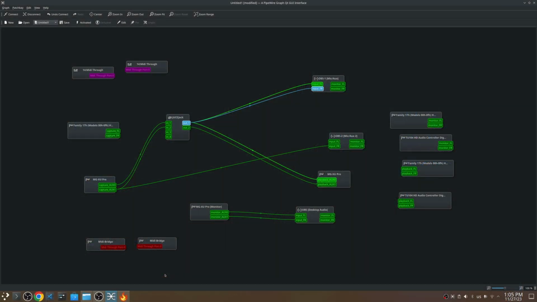As you can see on the screen, I have a routing tool running. I am using Pipewire. I can't remember the name of this program. It is QPW Graph. I have Pipewire Jack installed,